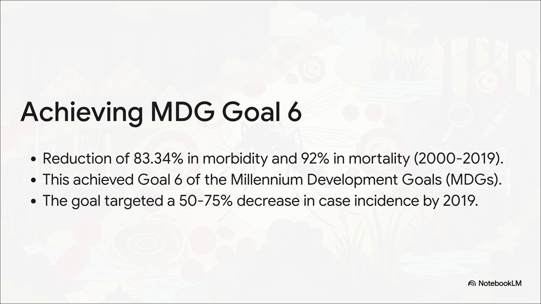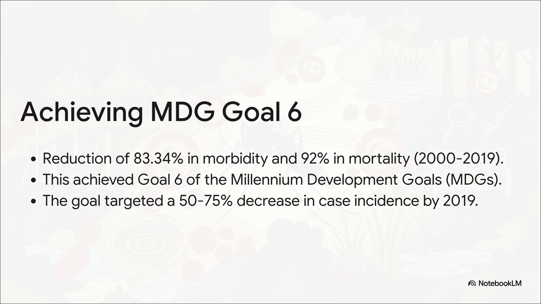Regarding India's Millennium Development Goal achievement, India achieved a reduction of 83.34% in malaria morbidity and 92% in malaria mortality between the year 2000, with 2,031,790 cases and 932 deaths, and 2019, with 338,494 cases and 77 deaths. This achieved Goal 6 of the Millennium Development Goals, which targeted a 50 to 75% decrease in case incidence between